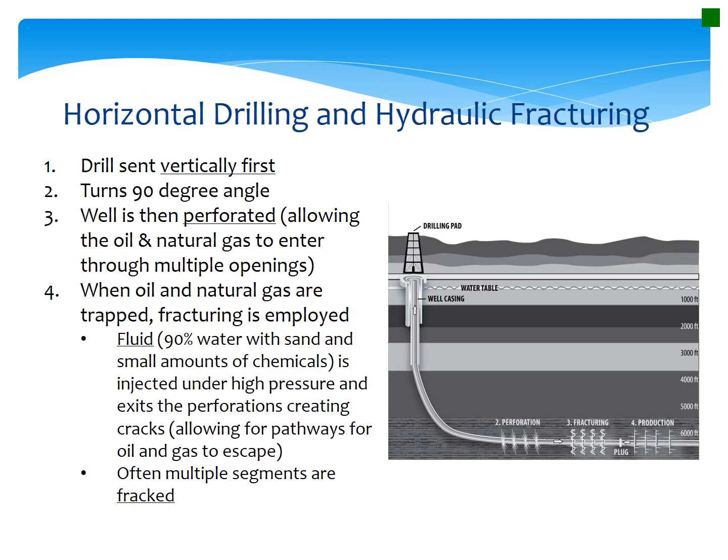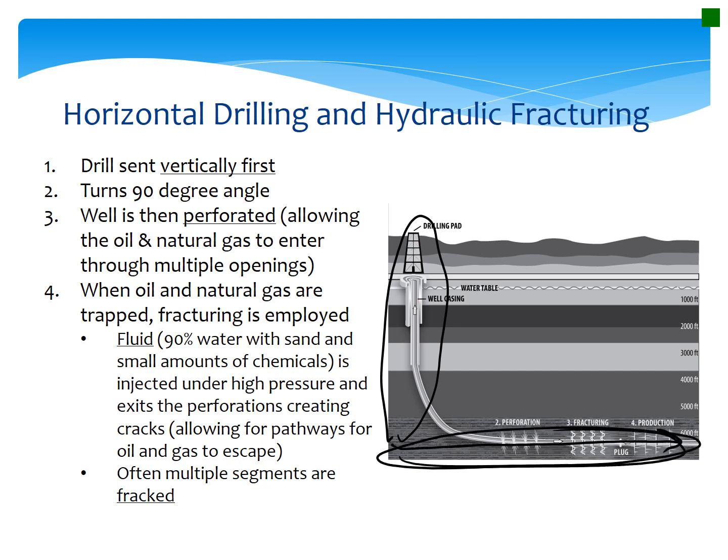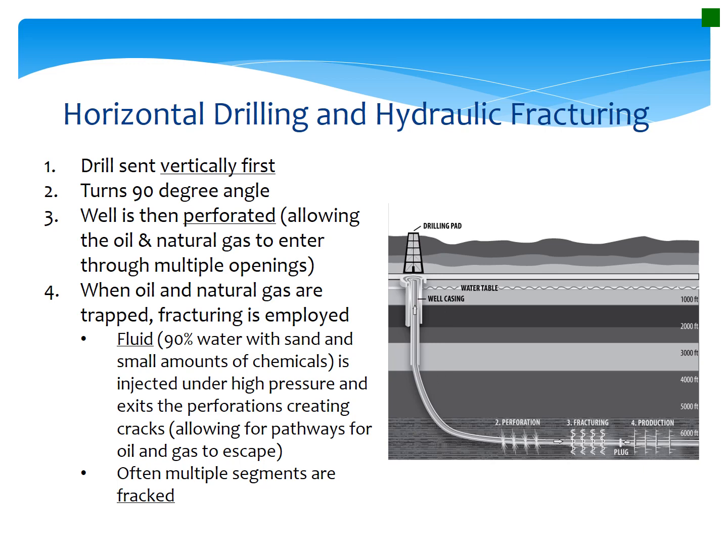So what is the process? And how do we do it? So first we drill down vertically. And then once we find the bed of rock that we actually want to focus on, where the oil would be found, we then do a 90-degree turn. Okay, so now this whole pipe is within the bed that we want it in. So then what you can do is, if it is permeable